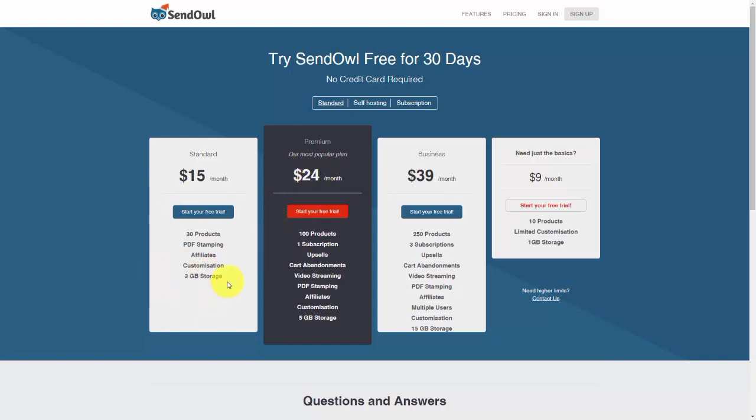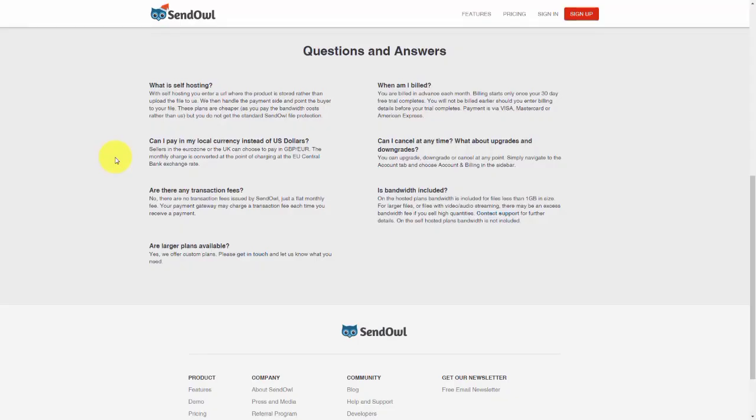Now, the other thing is going to be storage. And once again, if you're going to be storing content off-site, you can start with the standard version, and then after the trial, you can go to the $15 a month plan. Now, the trial is actually going to last for 30 days. So that's how long you'll have to get a product up and running